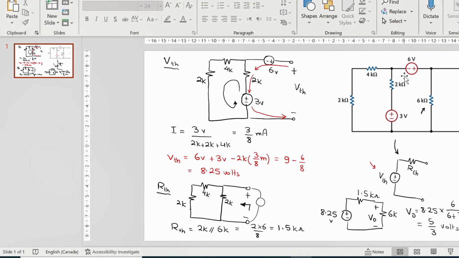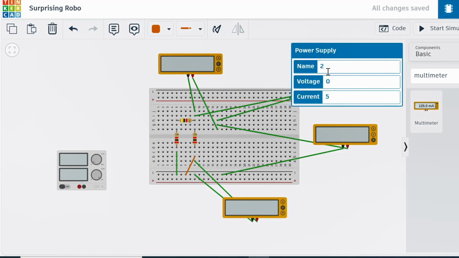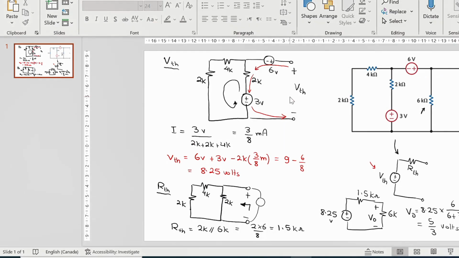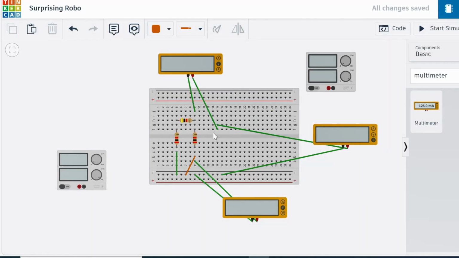To short circuit the 6-volt source, let's just remove the wires. And what we need to do is connect the measurement terminal to the 2K resistor. So we are measuring the voltage here. We connect this point to the common point. Now, if you run the simulator,